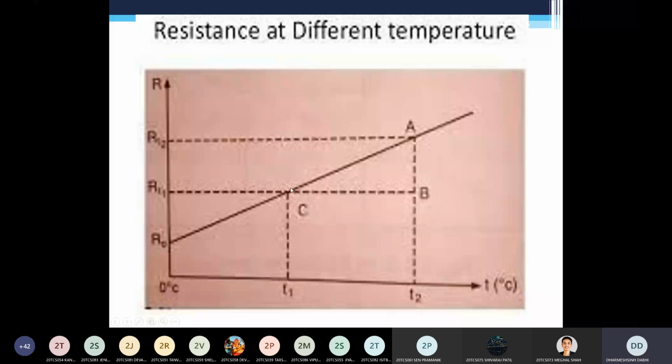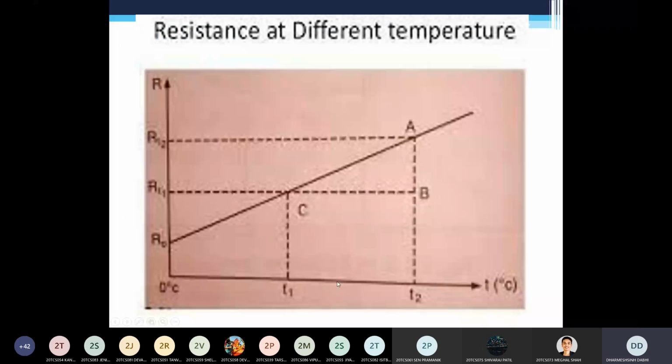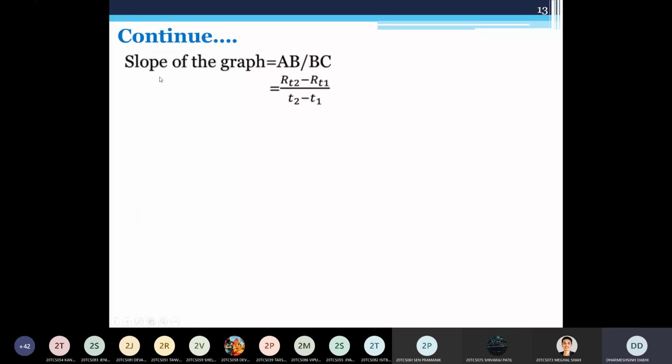So what is the value of the temperature coefficient alpha? It is the slope of the graph divided by the resistance at T1 degree Celsius. So what is the slope of this graph? It is AB divided by BC. What is AB? AB is nothing but the difference RT2 minus RT1. And BC is the temperature difference, T2 minus T1. So as you can see, the slope of this graph